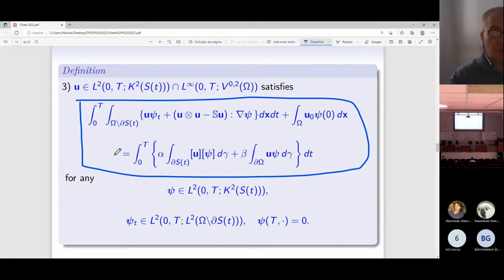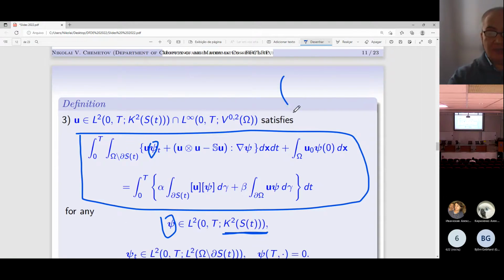Everybody who is a specialist in the Navier-Stokes equation can recognize that it's very similar to the Navier-Stokes equation. But I would like to note that in case of the description of the solid, our test function psi also has to depend on the solution of our problem. Our test function has to have similar behavior to our velocity. It means that if you consider, for example, the position of our solid, then both the velocity and our test function on the boundary of the domain have to have a jump, and also inside of the solid our velocity U has to